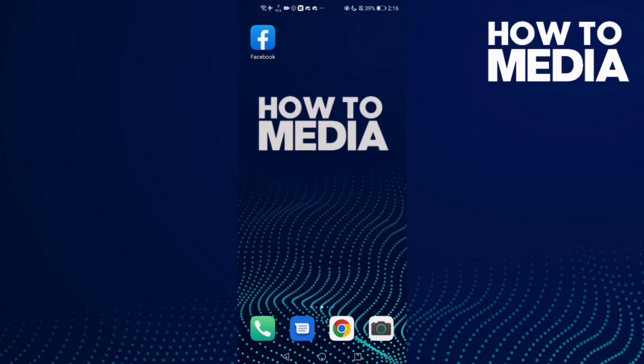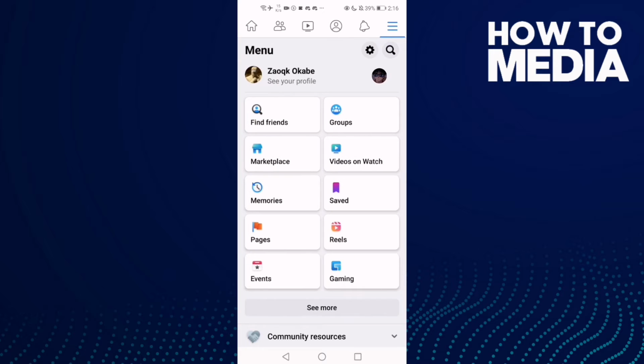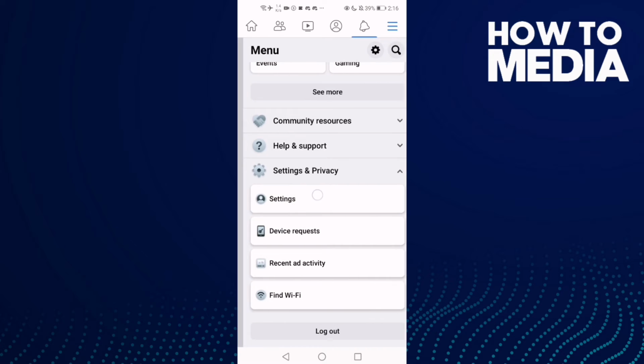and then click Facebook and now click these three lines and click settings and privacy and now click settings